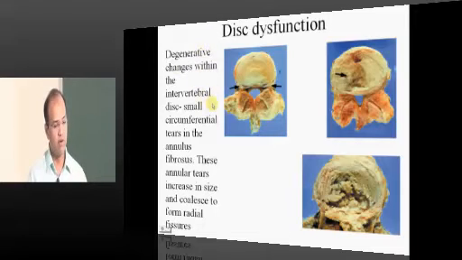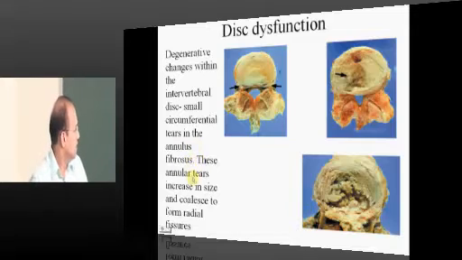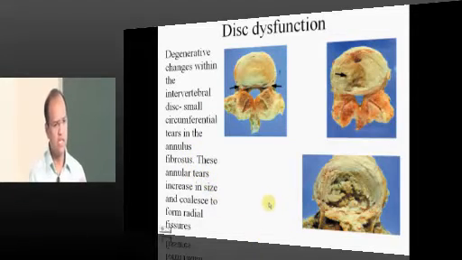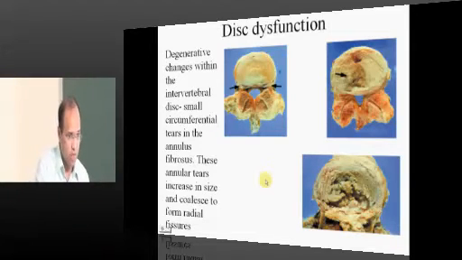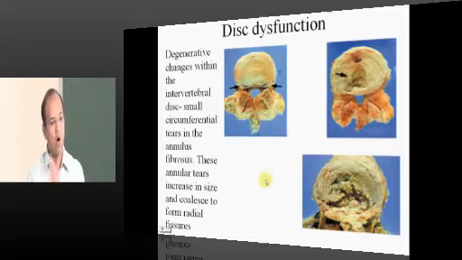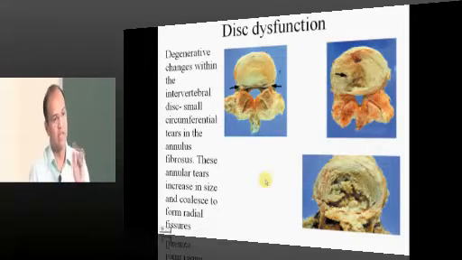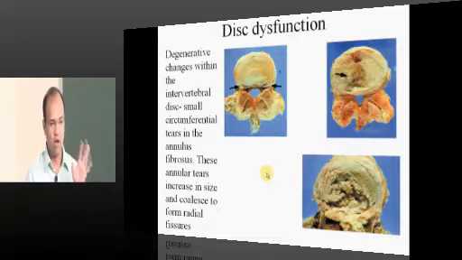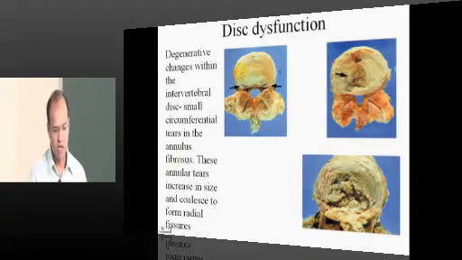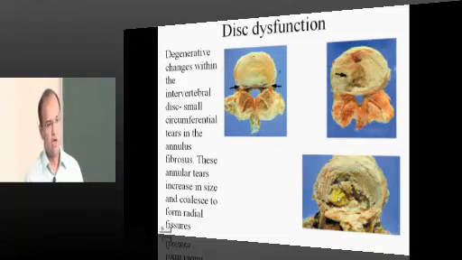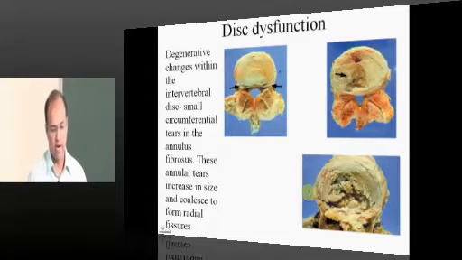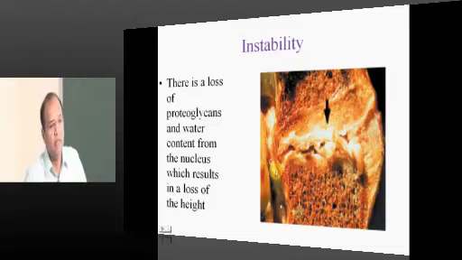In the degenerative changes within the vertebral disc, initially there will be a small circumferential tear in the annulus, and then these tears increase, and once these tears increase, the nucleus pulposus finds a way whenever it is pressed upon, and tries to go out. Most commonly it goes out posteriorly where there is a spinal cord, right, at all levels. If you can see, this is the normal disc, a desiccated disc and a degenerated disc. It's cracked, fissured, and once there is a tear in the annulus fibrosus, this degenerated material tries to go out and occupy the space occupied by the spinal cord.